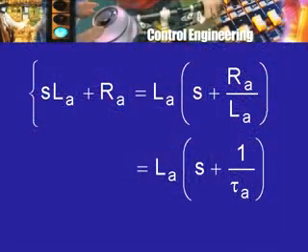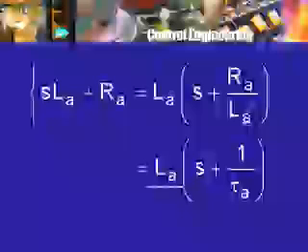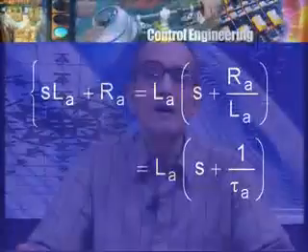Now, sometimes it is convenient to rewrite some of the expressions that I have been handling. For example, instead of writing S LA plus RA, I may find it convenient to pull out the factor LA, and therefore I will write it as LA into (S plus RA divided by LA). This is quite correct, and of course you will see the reason for doing this. I can go one step further and write this as LA into S plus, now RA by LA can be written as the reciprocal of LA by RA.